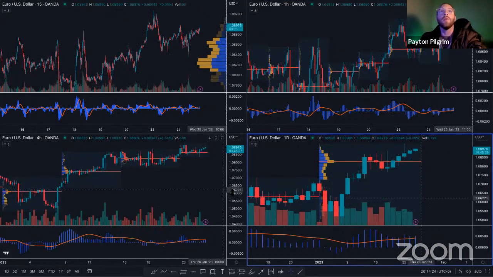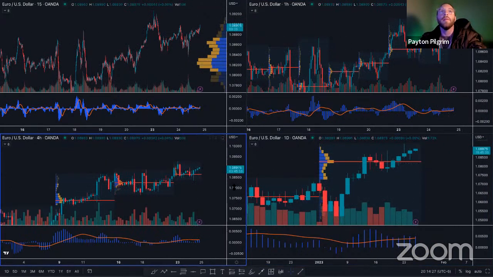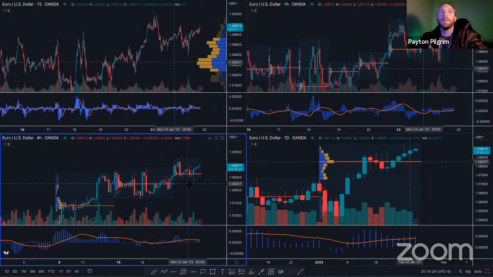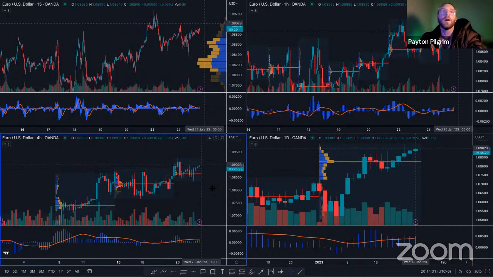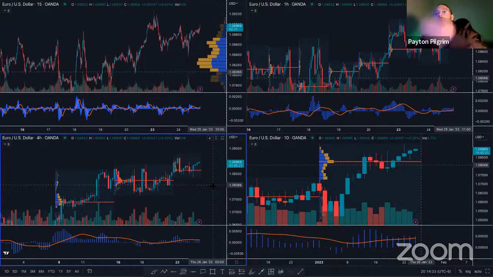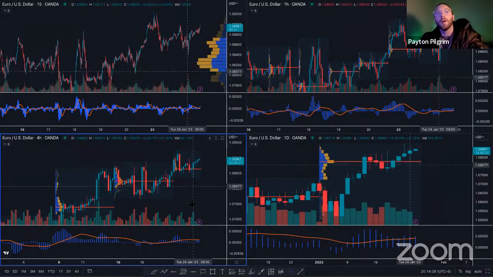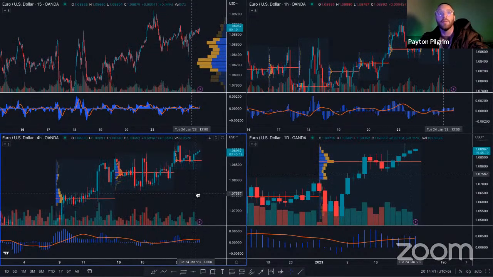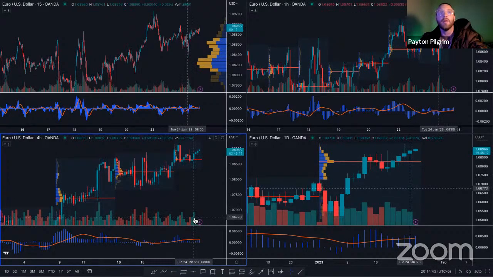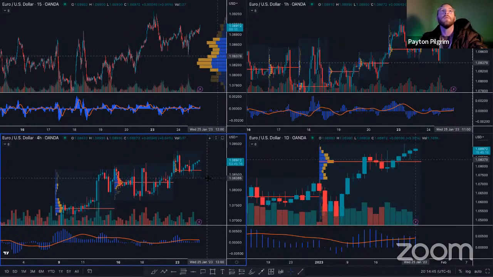Then on the 4 hour, it really barely missed the level that we were looking at. So we're not going to anticipate it to drop now. We were looking for it to hit this level and then go up. If it was going to drop, the price action would be a lot more bearish, the volume would be a lot more bearish as well. We're kind of picking up on the bullish volume. So